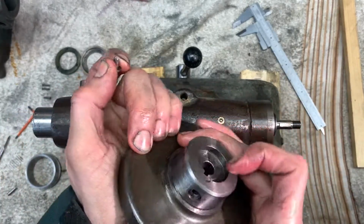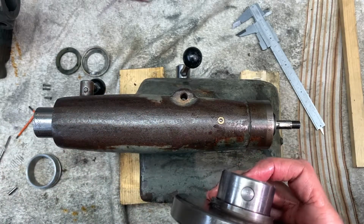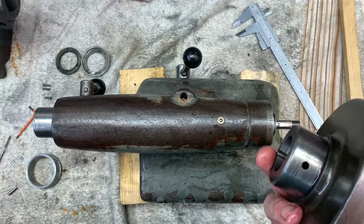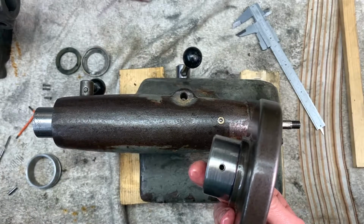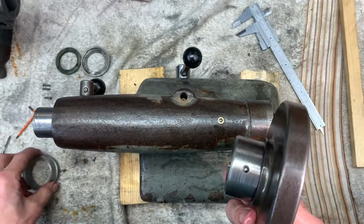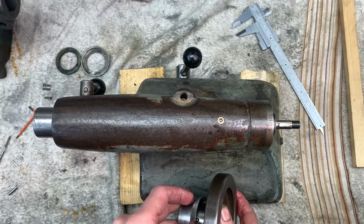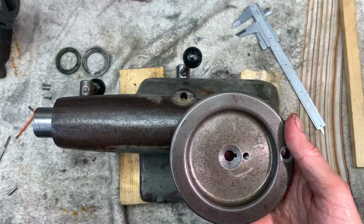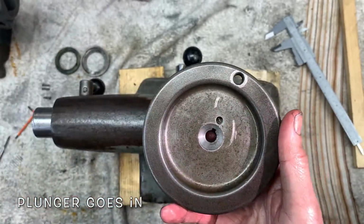Right, so he can go in there. Stick your finger on it. On the other side there's a spring, goes in that hole. It's a blind hole. Ball bearing sits on a spring. Alright, so there it is. There's a bit of tension on the ring. It's going to go in there,